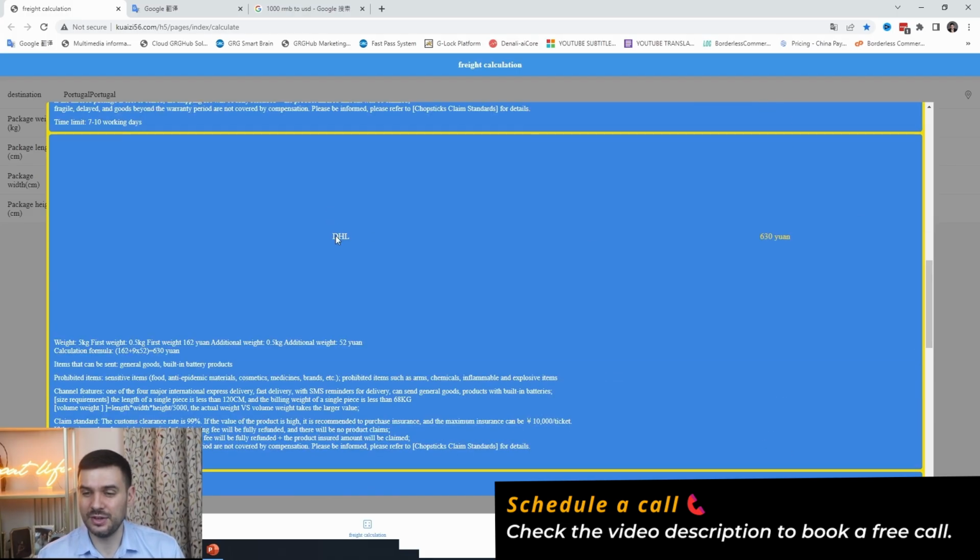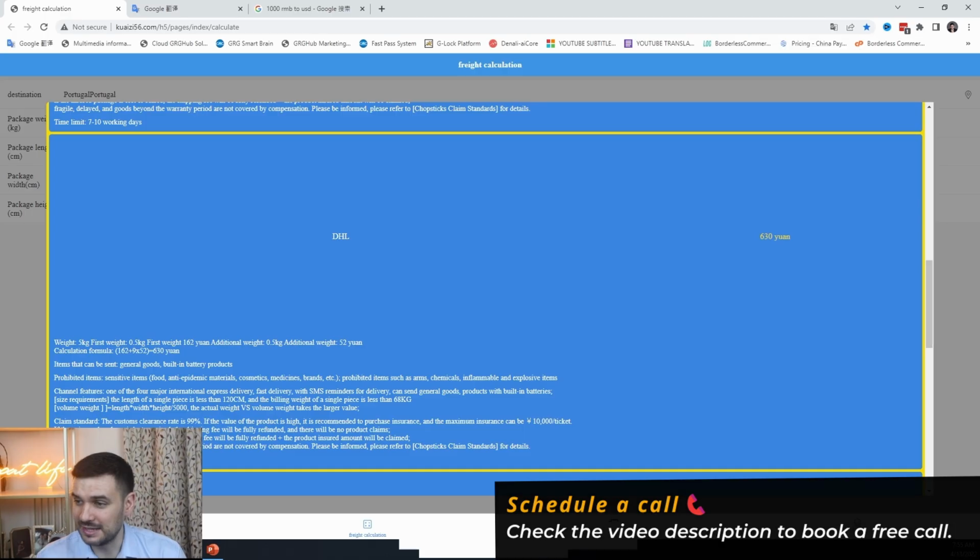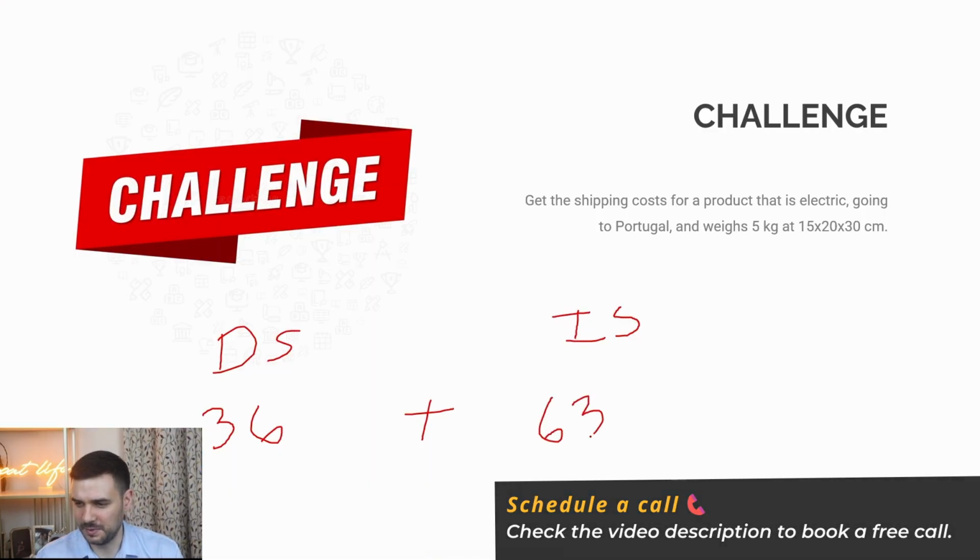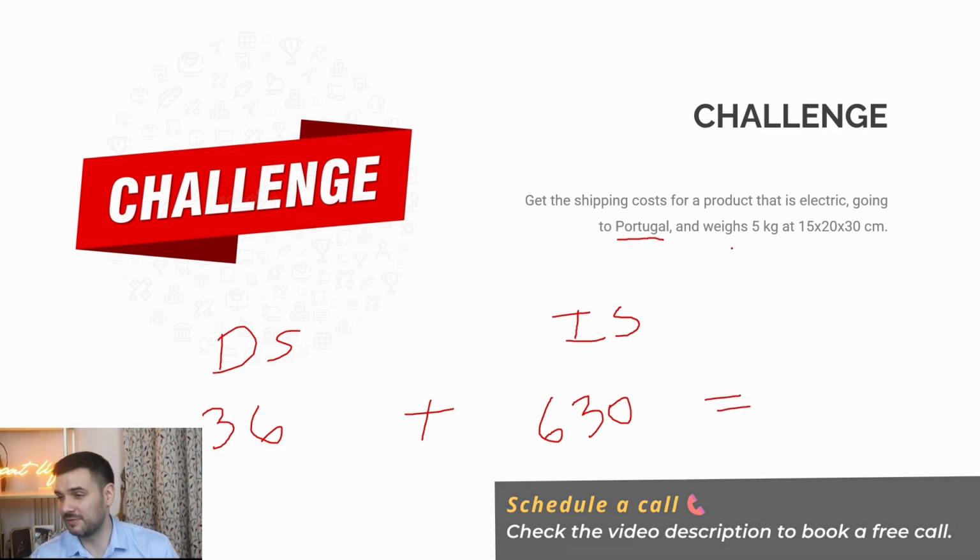So you can see DHL here offers a service for 630 RMB. Items that can be sent: general goods, and built-in battery products. So if you're selling electronic products, you can send it in this channel. And it's about 630 RMB. Add the 630 RMB. And the total cost of shipping for a product going to Portugal from the supplier all the way to the final destination, 5 kilograms, 15 by 20 by 30, will be